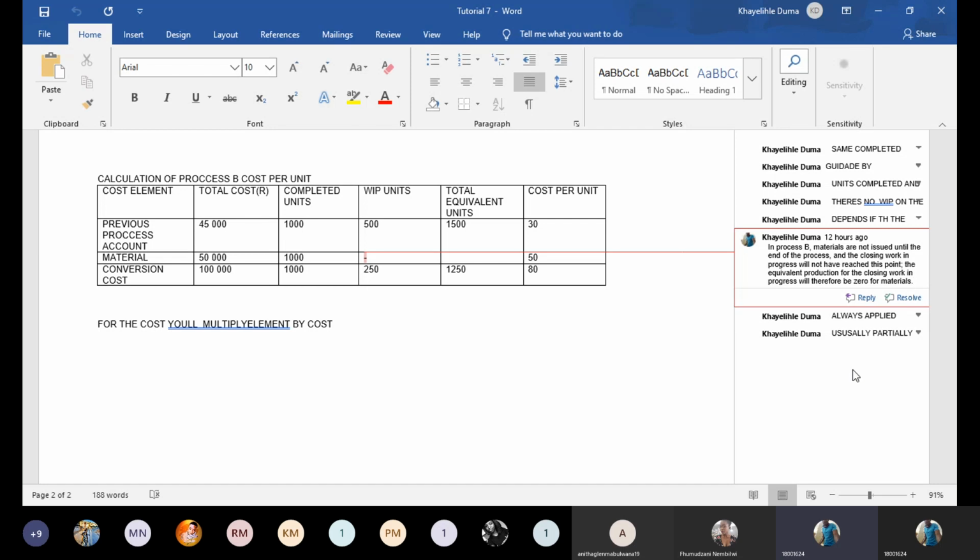Remember, this is the last process. We're having 2 processes, it's process A and B. If we were in process A, I mean, you are going to have those materials as closing. But then this is the last process, and it's added at the end, just cram. If it's the last process, and the materials are added at the end, you are not going to have any work in process or work in progress as far as materials are concerned. That's the cramming part. It's a principle, then you just cram it. And then the notes, you are going to find them there.